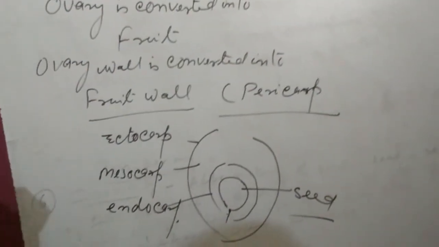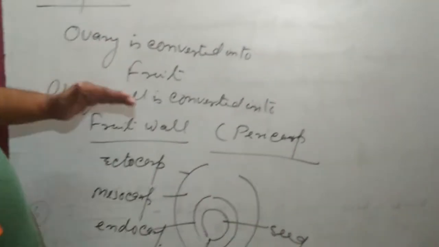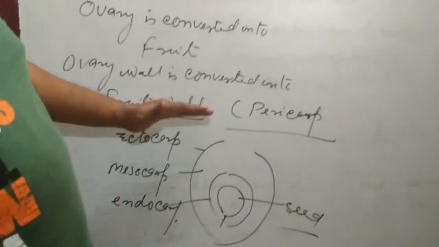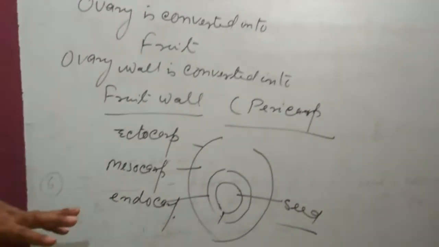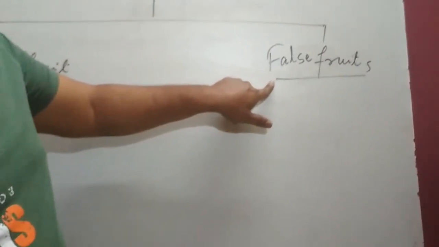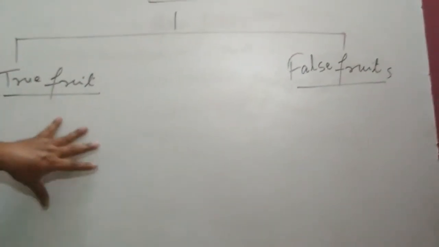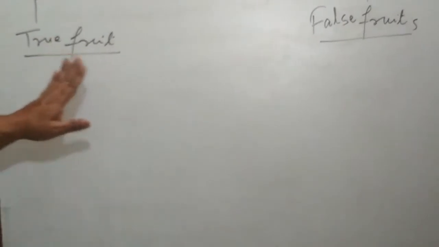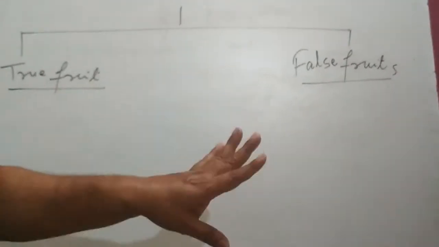So that means a true fruit is one in which after fertilization the ovary is converted into fruit, and the ovary wall is converted to fruit wall. There are three layers: outermost is called the ectocarp, then mesocarp and endocarp. In false fruit, in true fruit, after fertilization the ovary is converted to fruit. That is called the true fruit. In false fruit, after fertilization, the ovary does not take part in the formation of fruit,